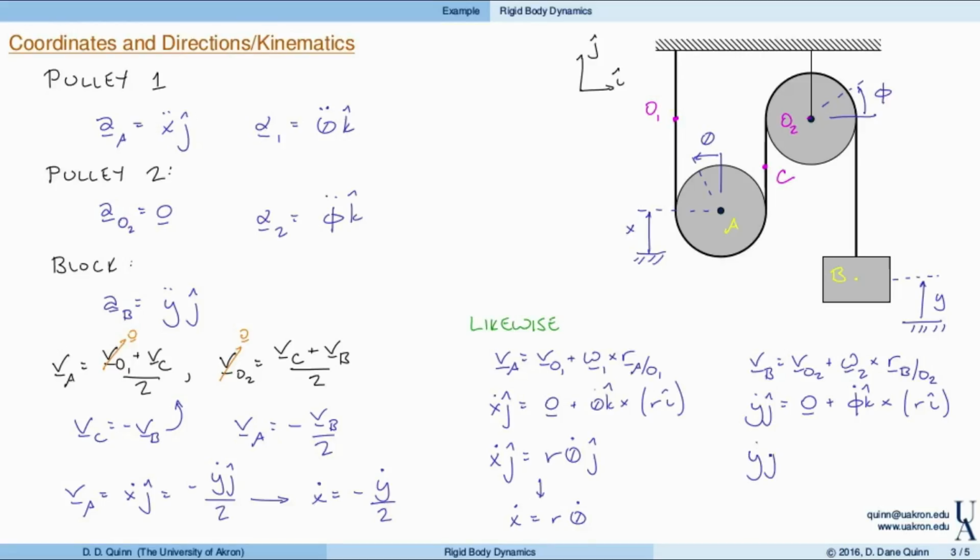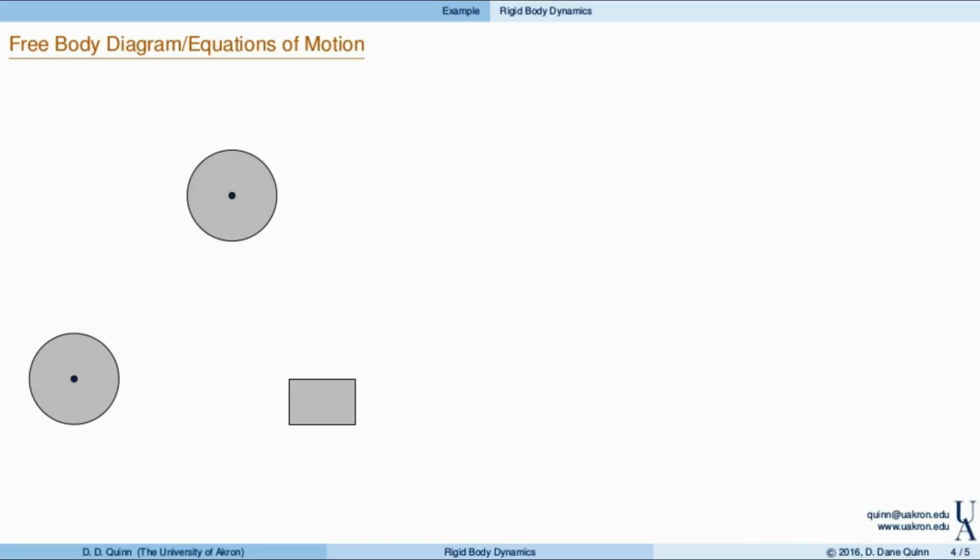So that reduces to y dot equals R phi dot in the j direction. So this constraint is that y dot is equal to R phi dot. So now we're at the point where we would like to finish up the free body diagram and apply the